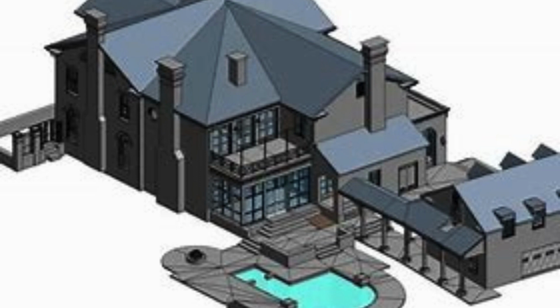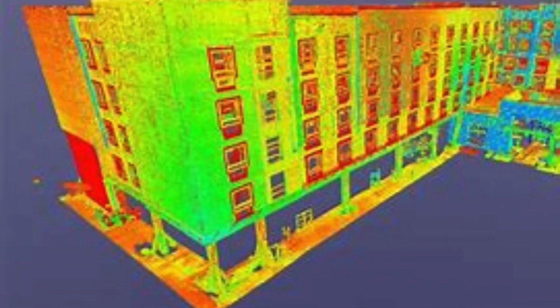One of the most remarkable aspects of Scon Design India Pvt Ltd's reverse engineering services is their attention to detail. They leave no stone unturned in ensuring that every aspect of a product is thoroughly analyzed and understood. Their team of experts meticulously dissects and examines each component, using advanced techniques and tools to gather accurate data. This attention to detail allows them to create highly precise and accurate digital models that replicate the original product with